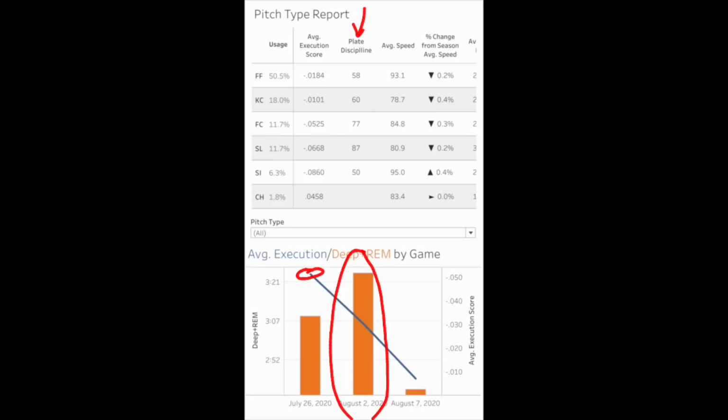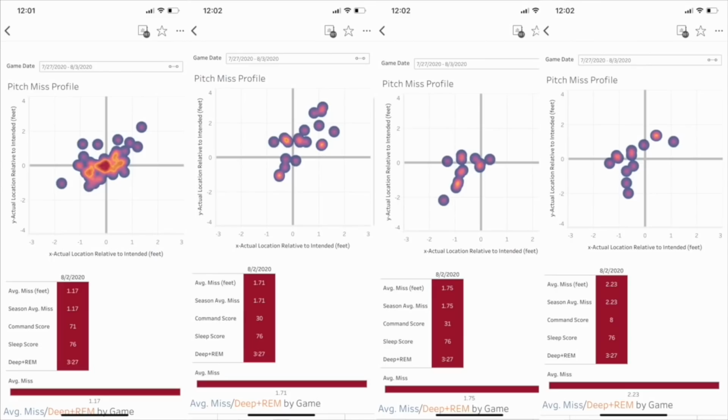In this middle start, the second start against Detroit, we're down in the 0.03 range, I should say. So that's for every 33 pitches that I threw, I saved myself a run, which means the quality of my pitches weren't nearly as good in my second start. So that's this dashboard. If we go ahead to, let's see, this one here, we can see the command